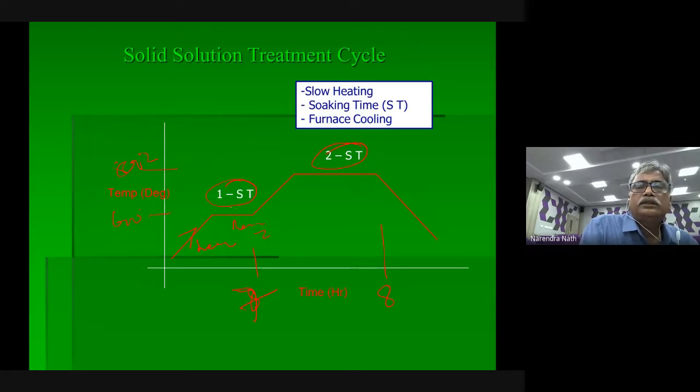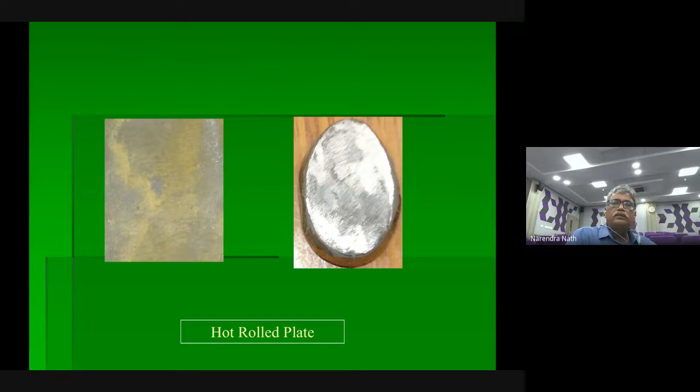This is the first soaking and second soaking. The first soaking is just some 20 minutes, 30 minutes, to get uniformity in the temperature distribution. If you go straight away without this, you can, but because of thermal gradient, cracks may come. To avoid that, people give a small amount of first soaking time. And after rolling, it looks like this. You see, I said this shade, these colors and all. So these are actually nitrides.